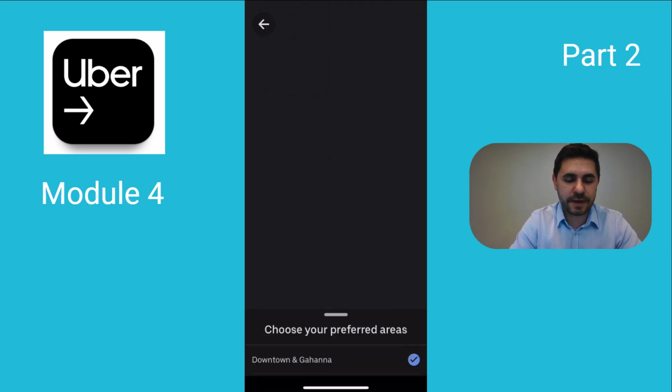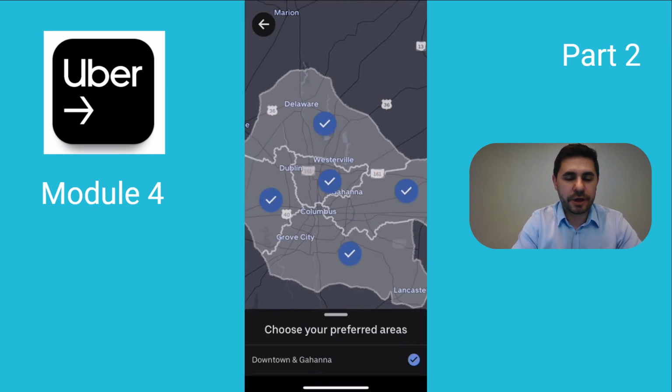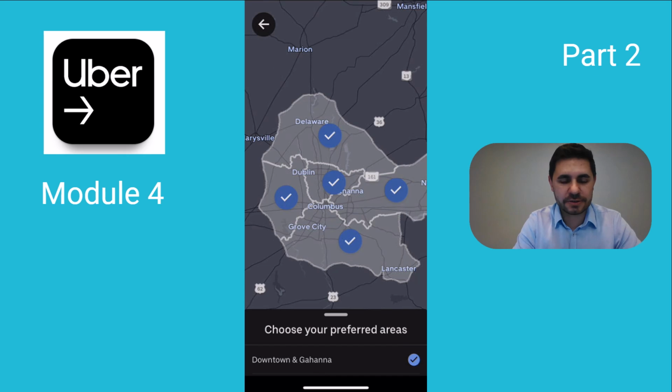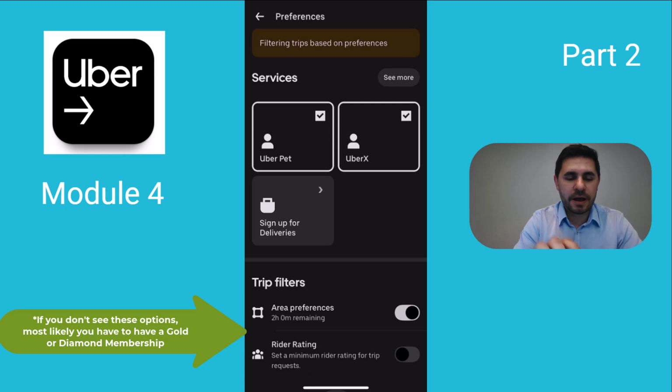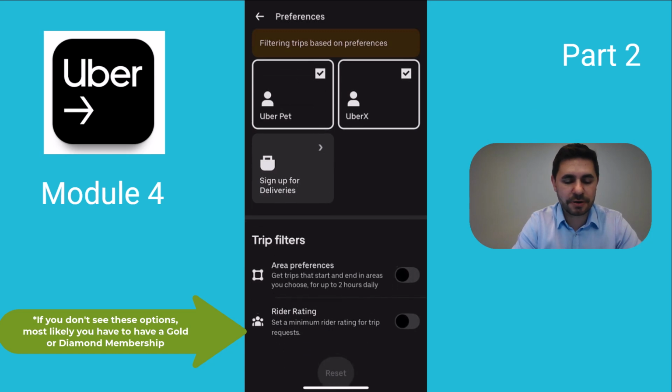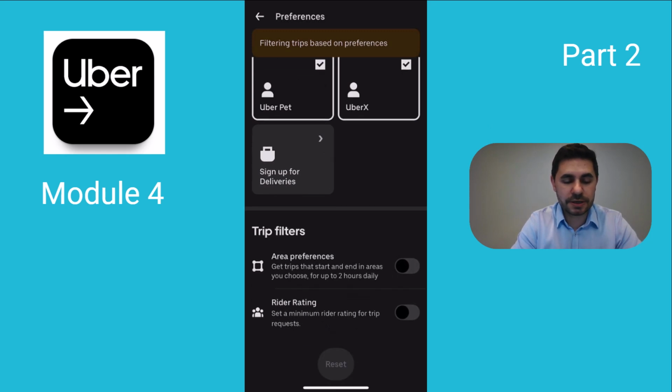So if I click on that, you got 2 hours. You can select the areas which you wanted to stay or stay away. So you're choosing where you wanted to basically stay. Obviously that limits the amount of trips or rides you're getting, right? So I pretty much don't use it, to be honest with you, because it's only 2 hours. What I do use is the